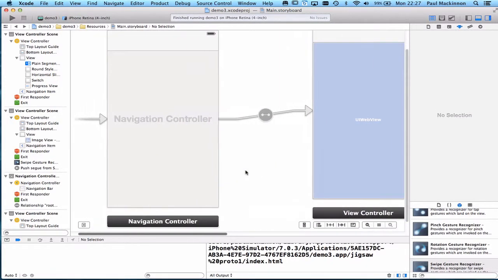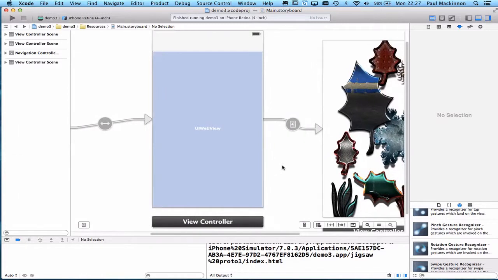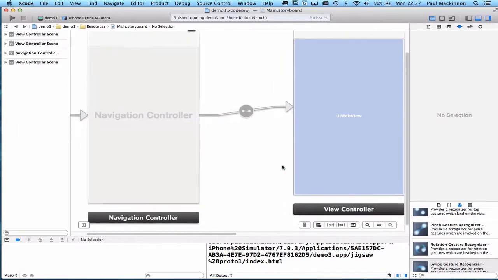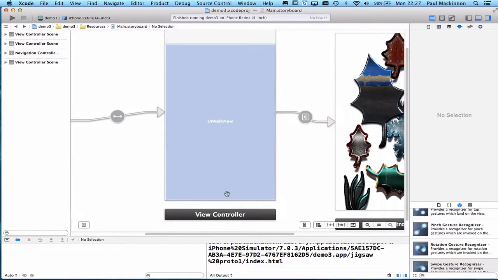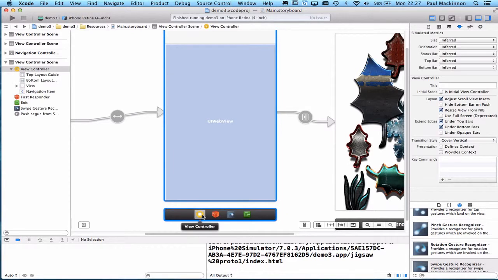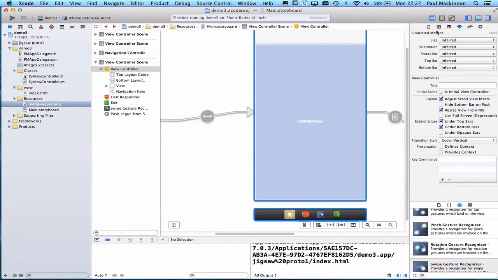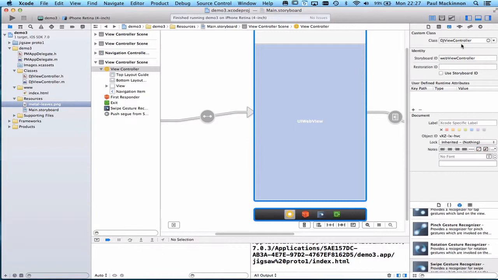And there's a sort of a trick to this. So if I take this view controller of UI web view, that's DJ view controller. So if we look at the file,